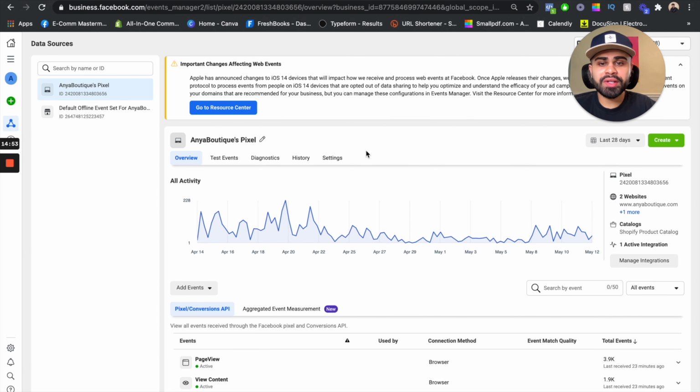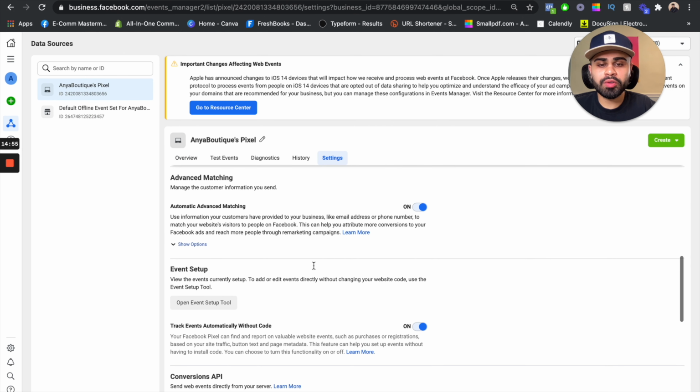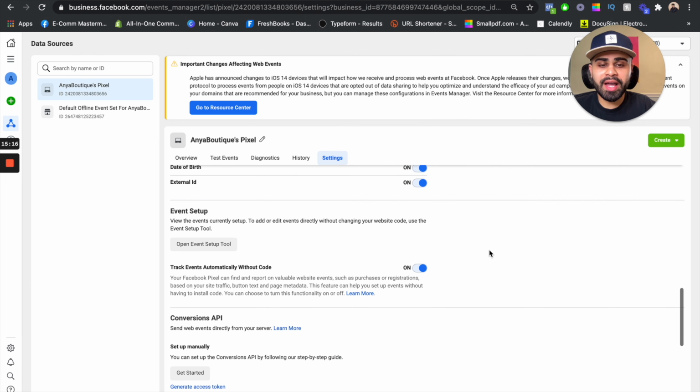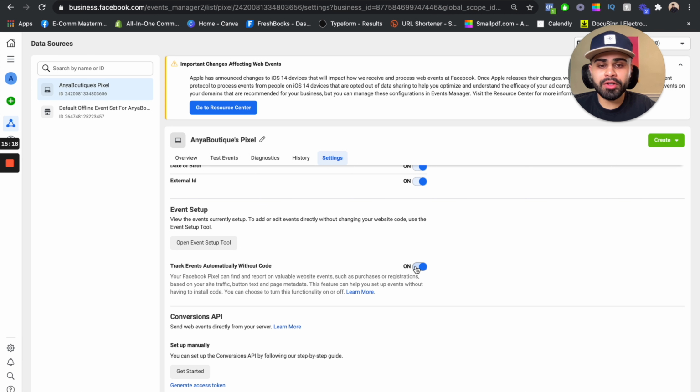Next, what we want to do is head over to settings and scroll down and ensure this automatic advanced matching is on, that is enabled, and also click on show options and make sure each one of these fields are also on or enabled as well. This is very important to do. Once you do that, you also want to ensure this is turned on or enabled, track events automatically without code. And with